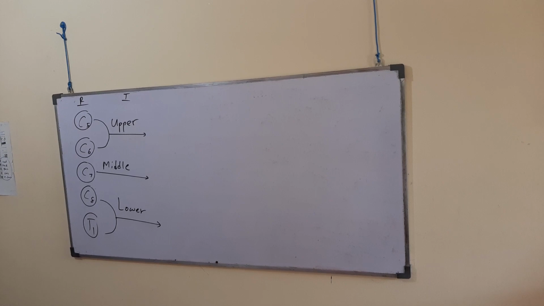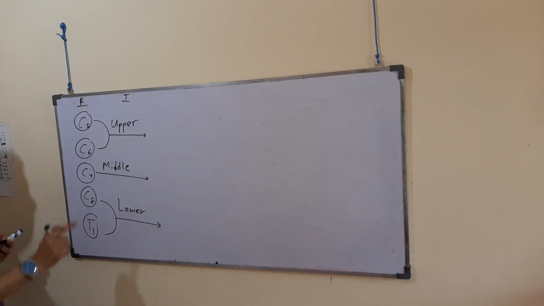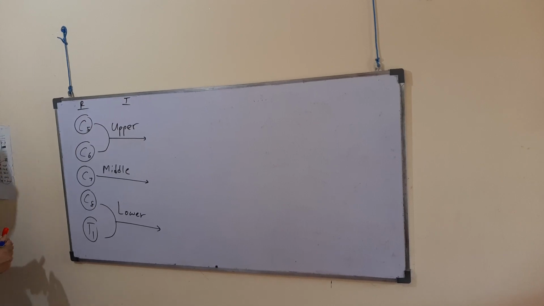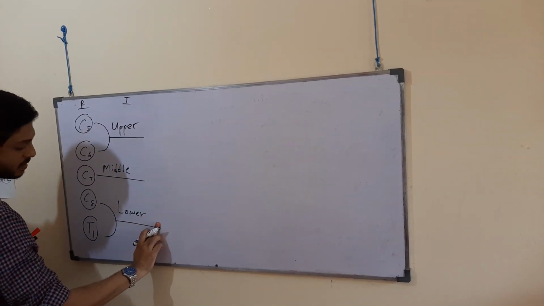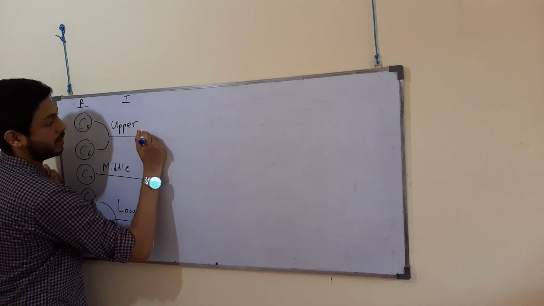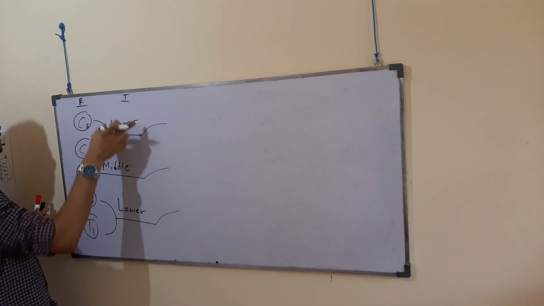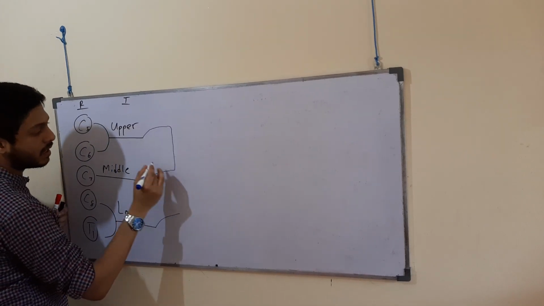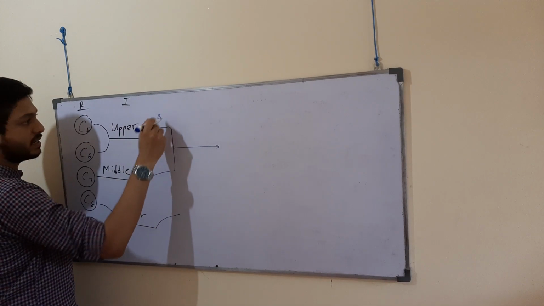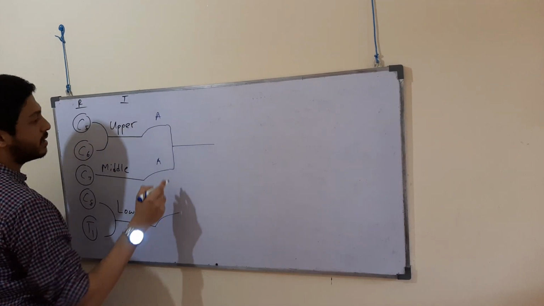Now as we discussed earlier, from the trunks appear the divisions. Each and every trunk has two divisions, known as the anterior division and the posterior division. The anterior divisions of the upper trunk and the middle trunk together form one cord. These are the anterior divisions, and these two anterior divisions form one cord. Now this cord is known as the